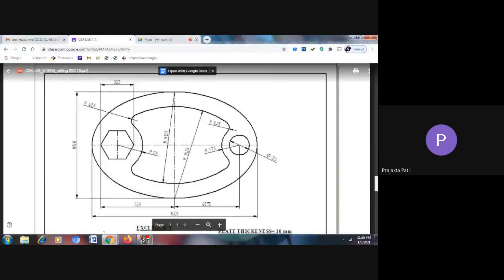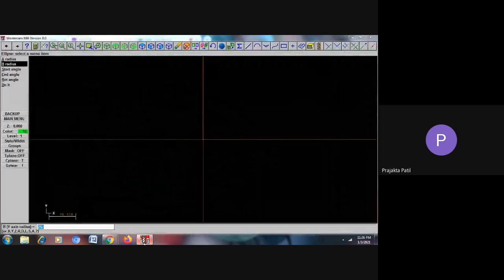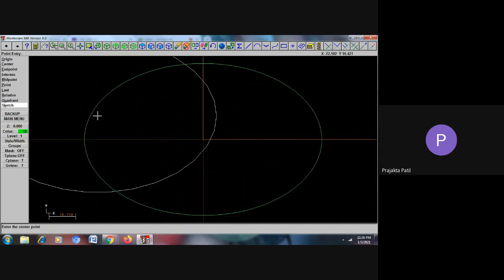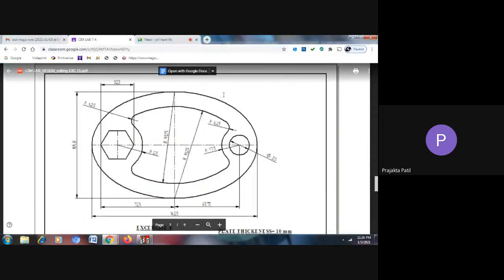Minor axis is 105.8. So the B radius will be 105.8 divided by 2, that is 52.9, and say enter. Next you say do it, and what is the center of this ellipse? That is the origin. So this is the ellipse that you can see is placed in this grid along the origin. This is the ellipse that is ready.